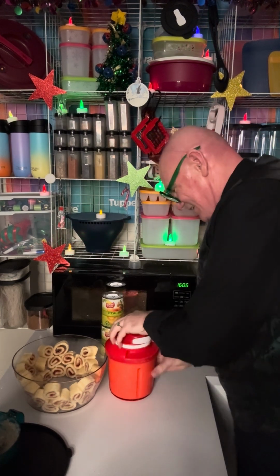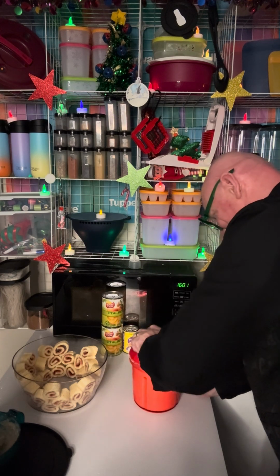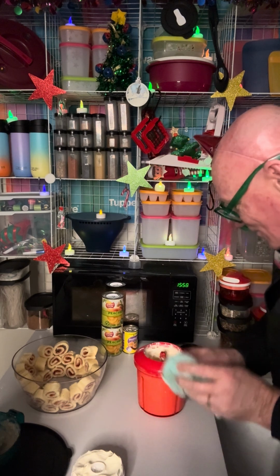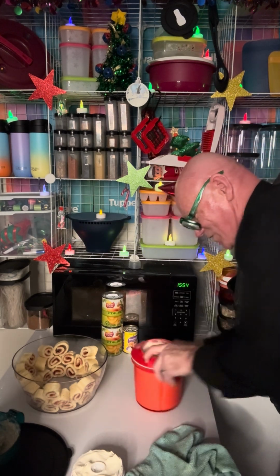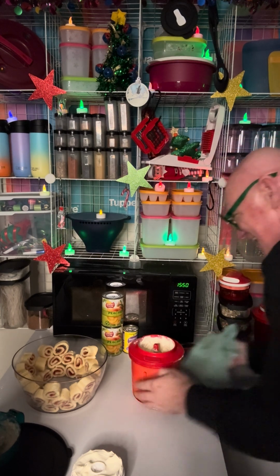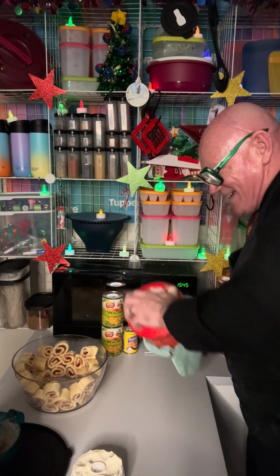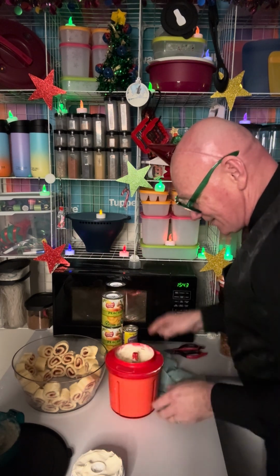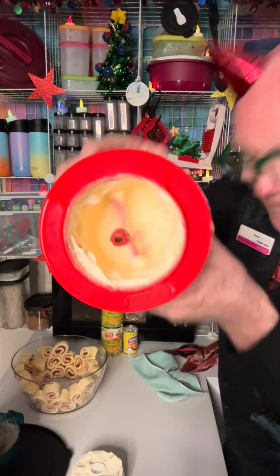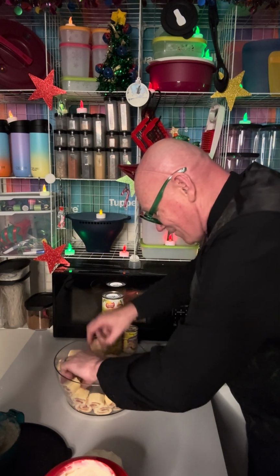right, now, I think you can take the top off that way, or, oh my goodness. I've got the condensation happening on the, oh, what's going on here? Can you see, look. That cream is totally whipped, baby. How awesome is that? So what we're going to do is I've decided I'm going to do a little layer